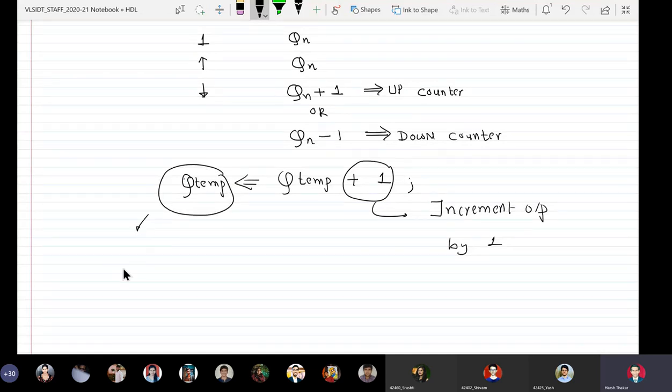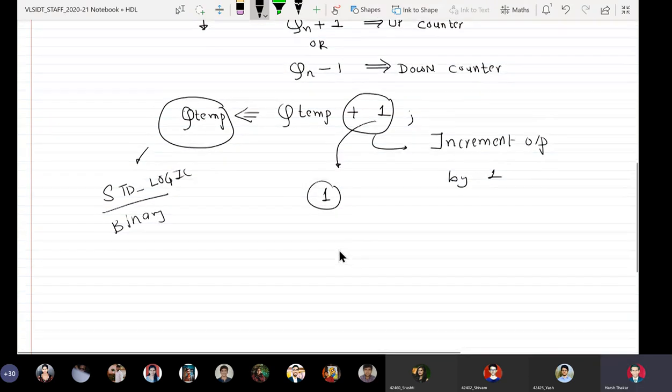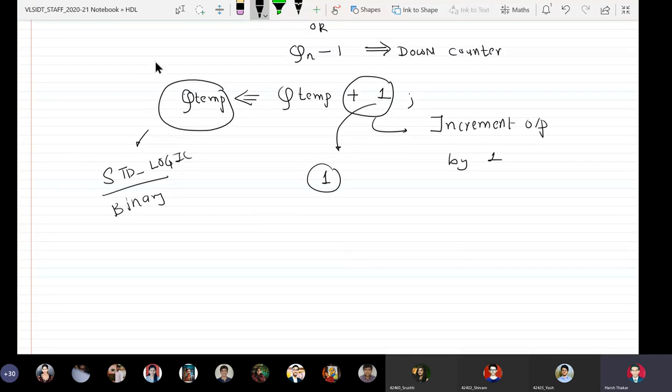What is the data type of Q temp? Q temp is defined as standard_logic. Basically, it is a binary data type. And here when I write 1, remember in VHDL, the rule is that anything which is not enclosed in single quotes or double quotes is taken as integer.